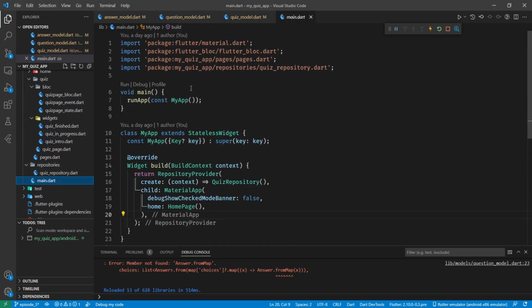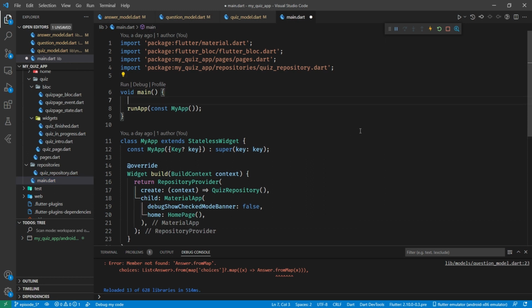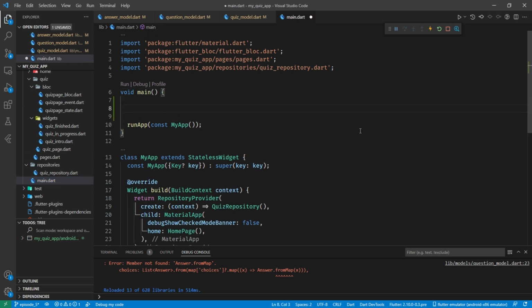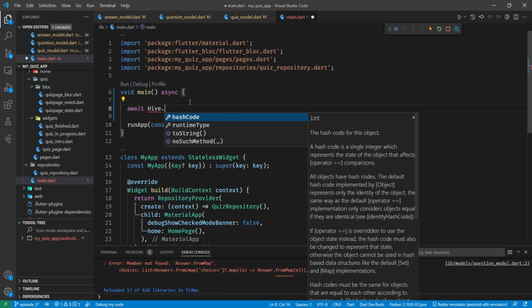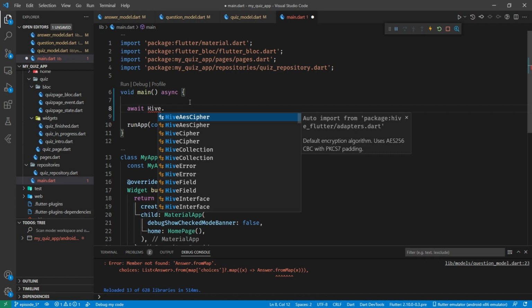because we need to do some initialization. It doesn't work straight off the bat. We have to initialize it, and this is the place we're going to do that. So I'm going to turn our main into an asynchronous function, because it does take a while for Hive to initialize. And when I say a while, I'm talking microseconds, but it's not instant, so we have to be doing this asynchronously. So we're going to await Hive dot, and let's import that,